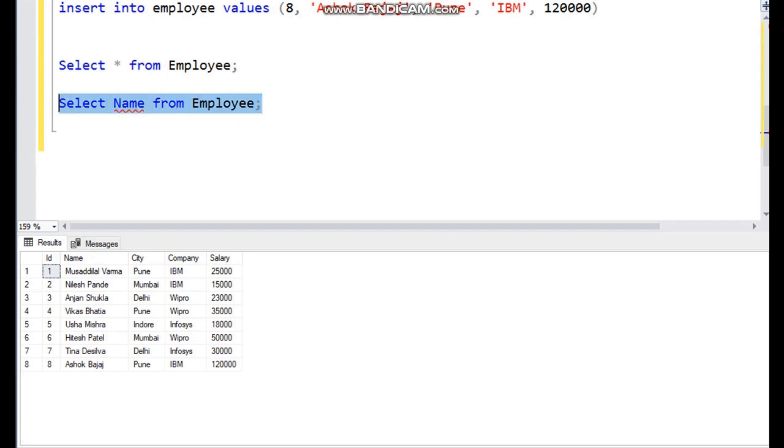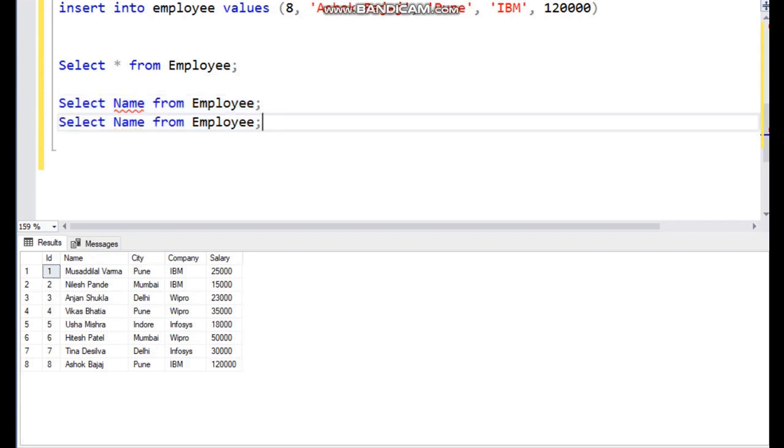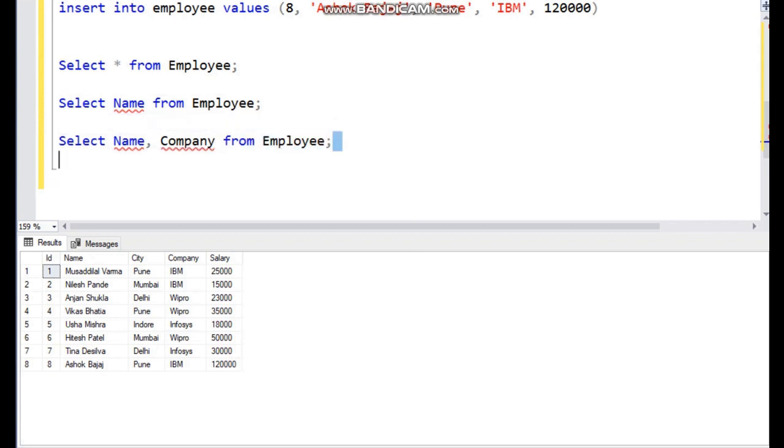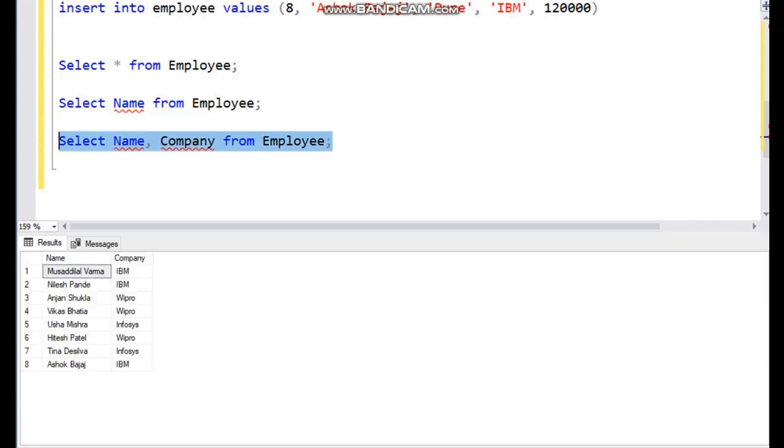The query will be select name, company from employee. It will give me two columns from the employee table, that is name and company of the employee. Understood? So these are the basic queries of the select command: one column, more than one column.